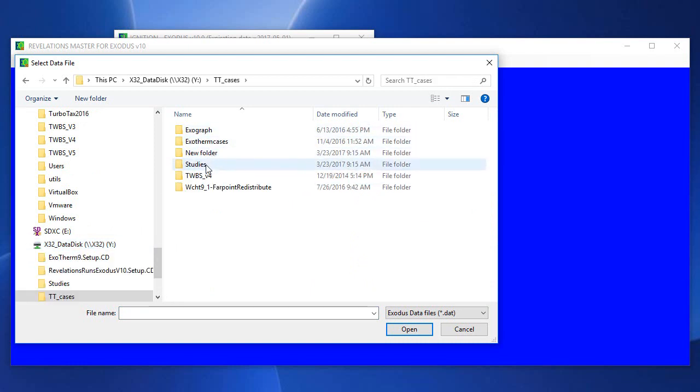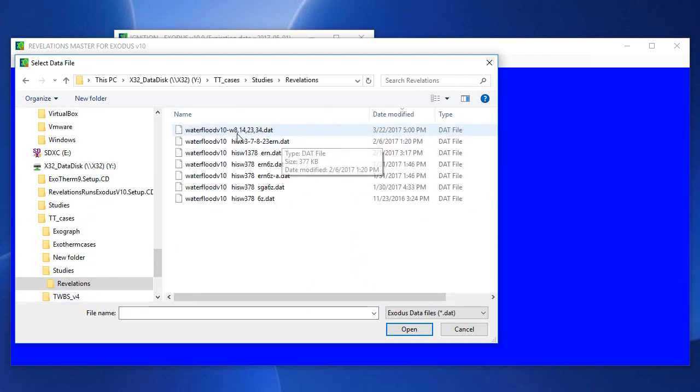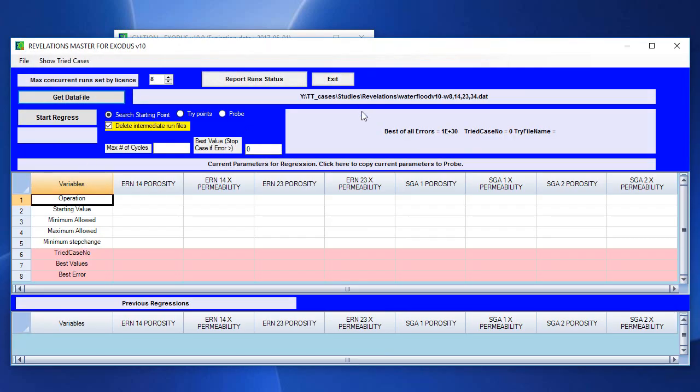In the network folder, once we open it, we see that we have the variables, and these are the same regression parameters that we have just seen in that base data file. So we've opened up the base data file and seen the regression parameters, and we want to find a better answer for our